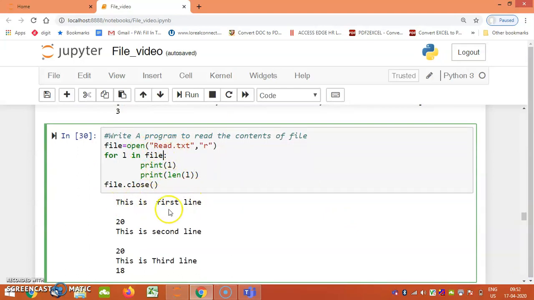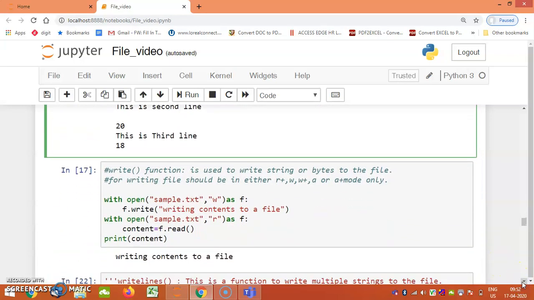This is first line and total length is 20. This is second line, total length is 20. Then a third line we got, so it has read all the 3 lines and printed the length of each. Is it clear? Hopefully. You should try to apply a while loop to work on a file.